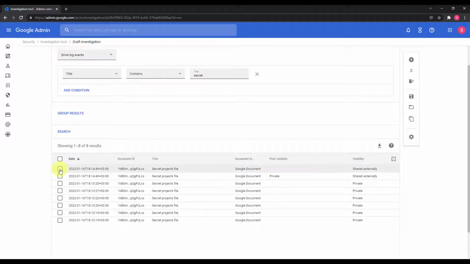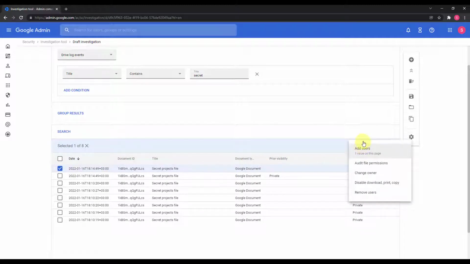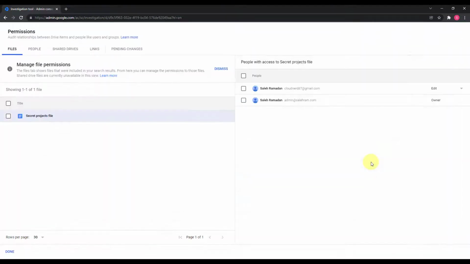So when you click this, and when you go to actions, you can click the audit file permissions or change owner, or you can also disable the download, print and copy of this file, or you can remove the users, and then basically you unshare this from the external users. So if you go to audit file permissions, which will allow you to change owner or remove users, and maybe also disable print and all of this, you can do all of that from the audit file permissions. So when you click this, you will see the file name, which is secret project file,